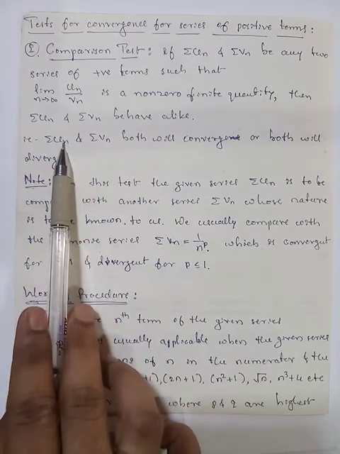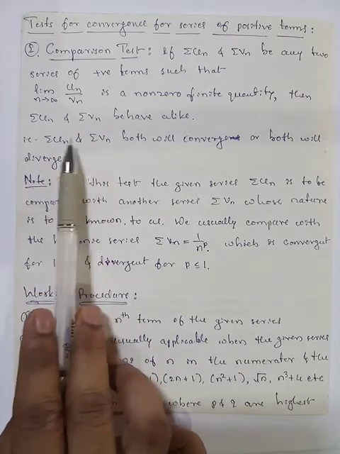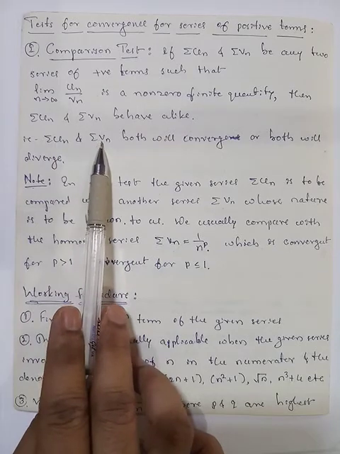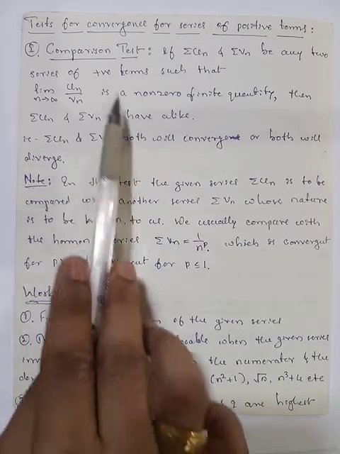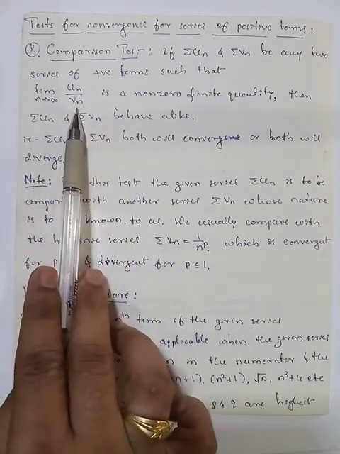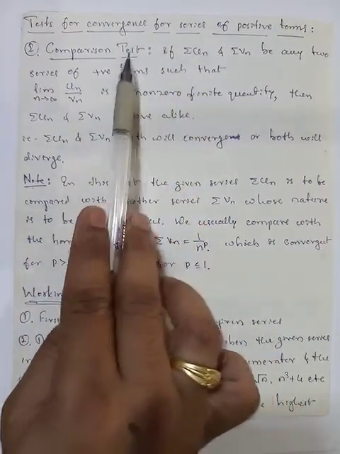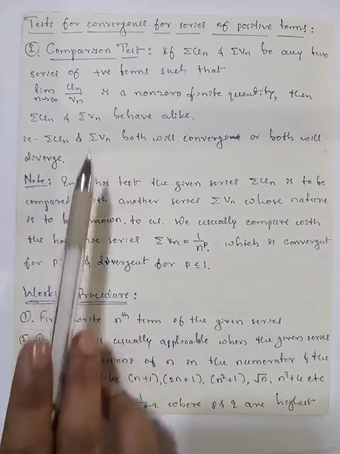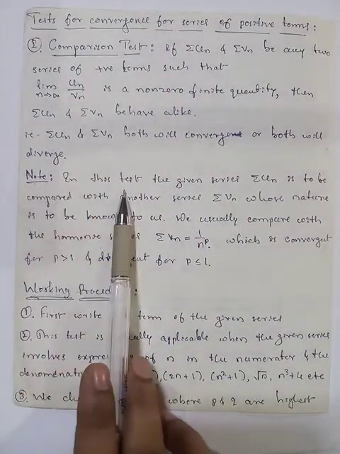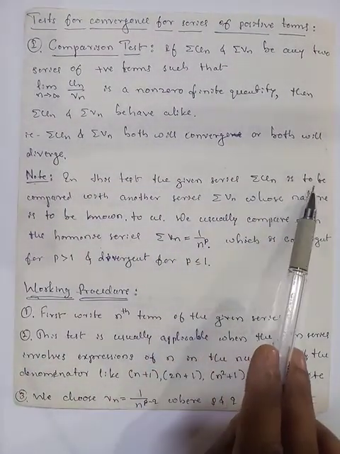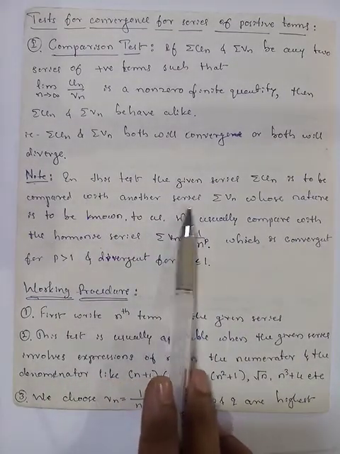If the one is convergent, the other is also convergent. If one is divergent, the other one is also divergent. Then checking this condition, we are going to say whether the given summation un is convergent or divergent. How? See the note. In this test, the given series summation un is to be compared with another series